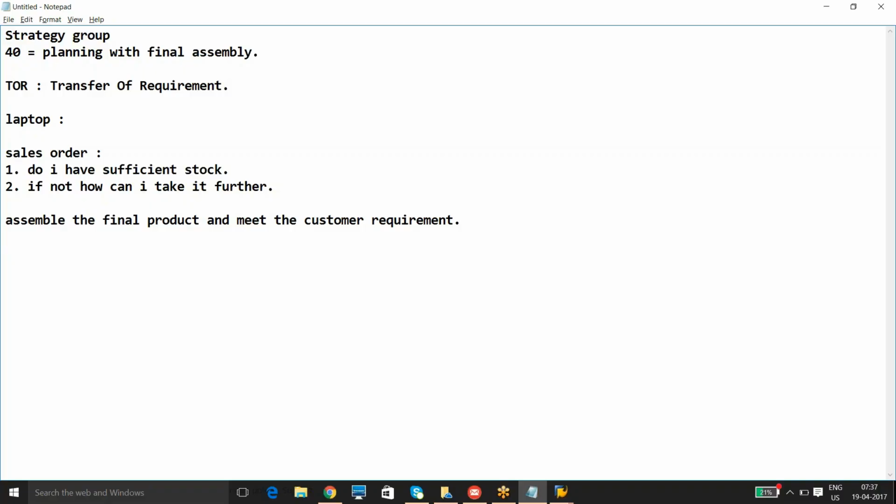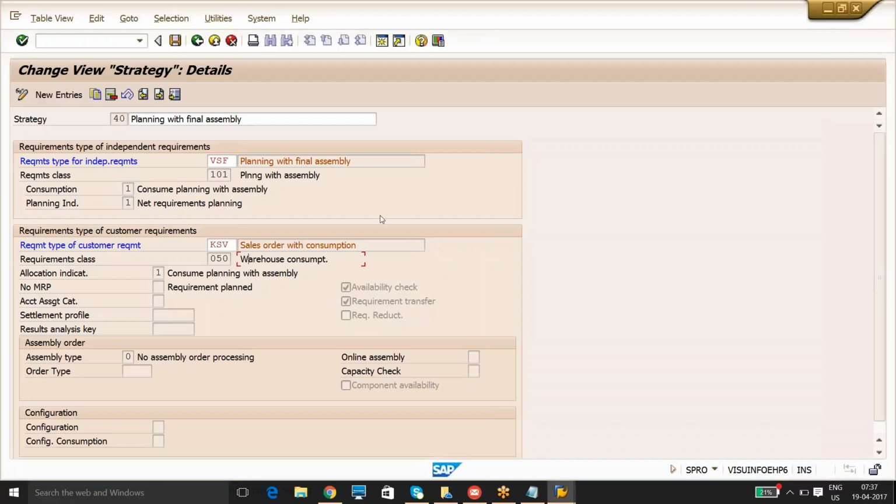Were you able to catch my point? So I have two requirement classes in my strategy. One requirement class says about this, which you can expect in ECC. You may ask me, Arvind, why could I only expect this in ECC, why not in APO? The thing is, when I'm saying about assembly, as we see in the planning,